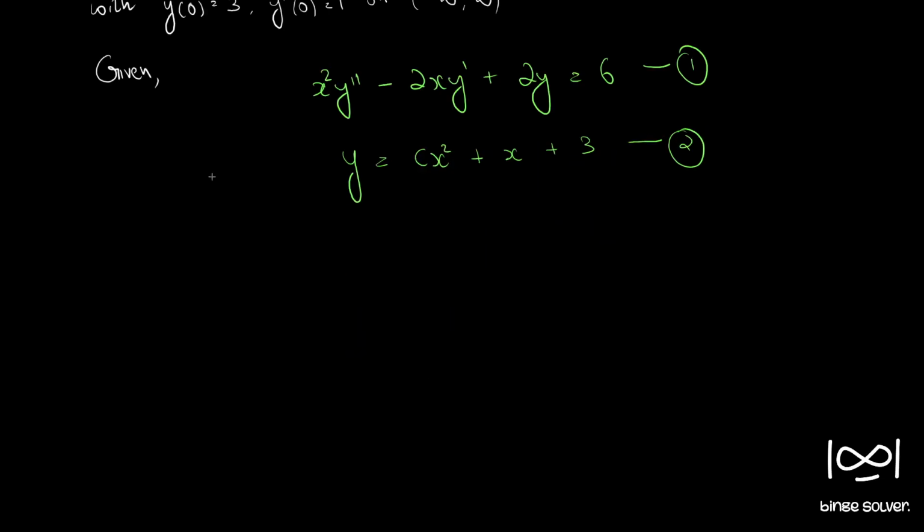This is our given function. Now we can differentiate with respect to x. We get y' = 2cx + 1,